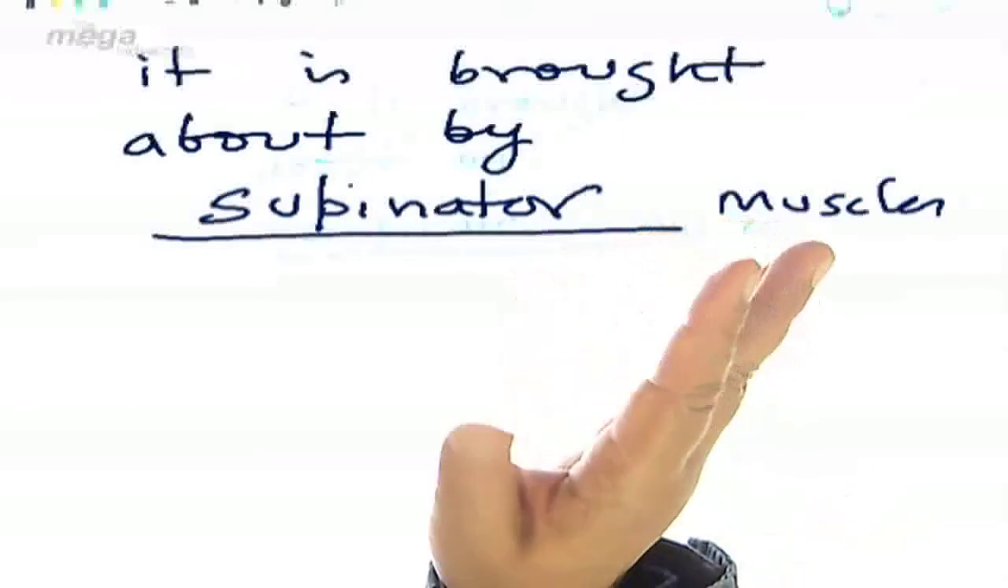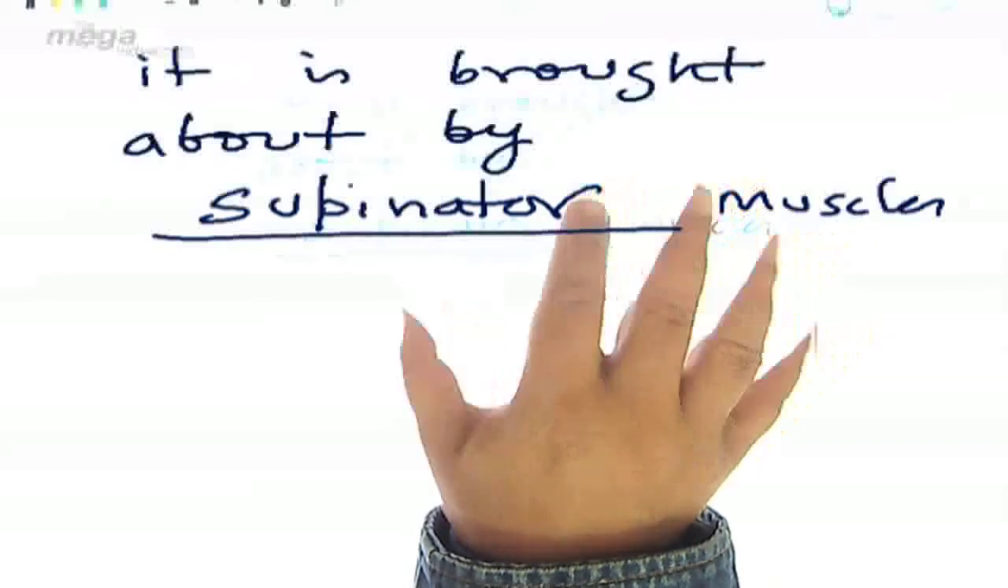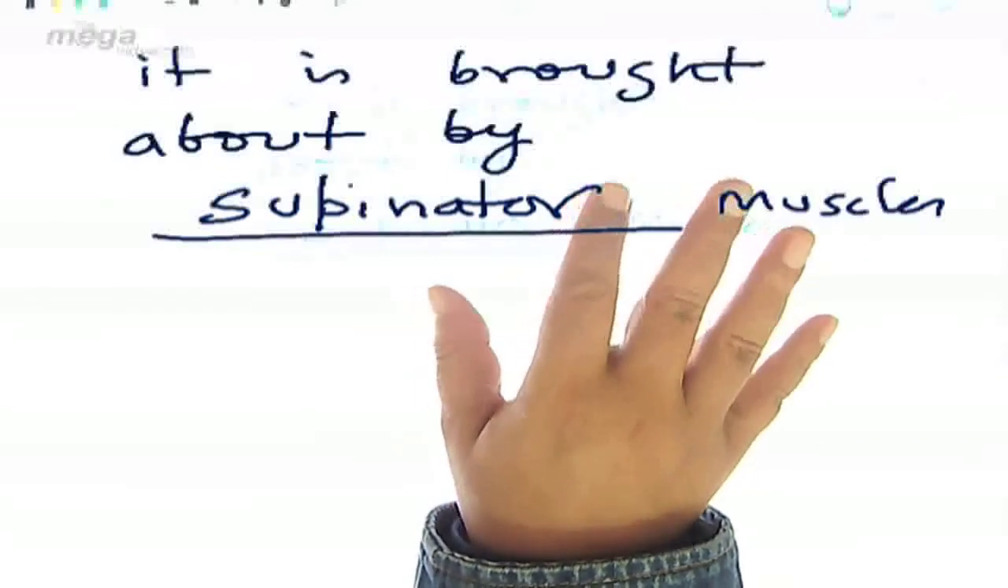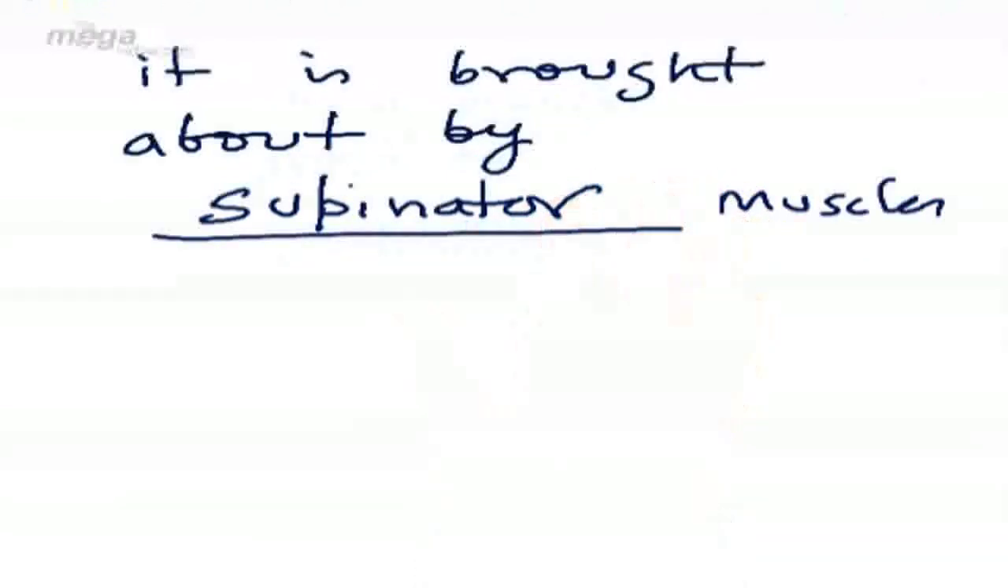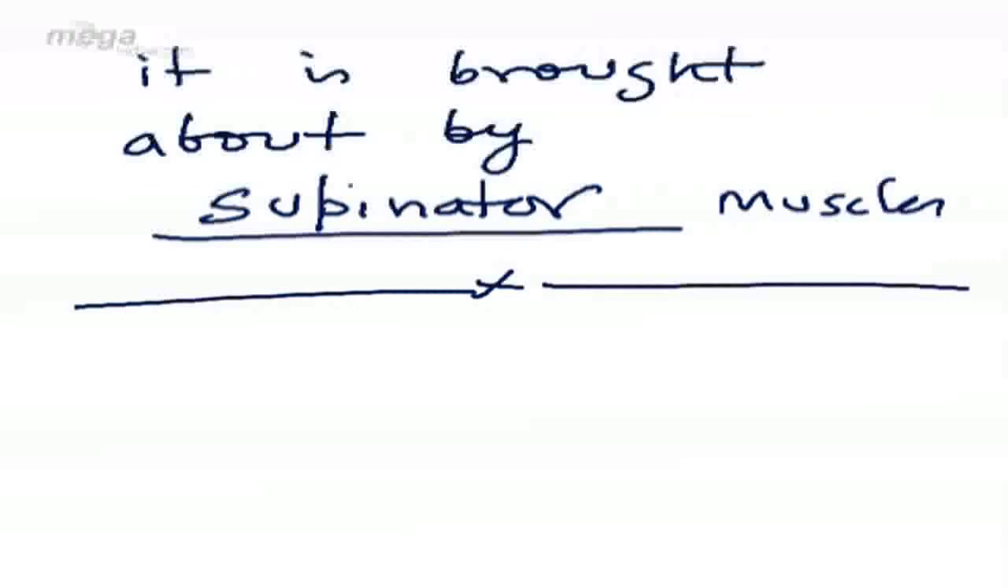In life, your hands should always be in the pronated position. You give something to others. Don't take anything from others. With this, we end this discussion on muscles. We'll continue another time with our discussion on